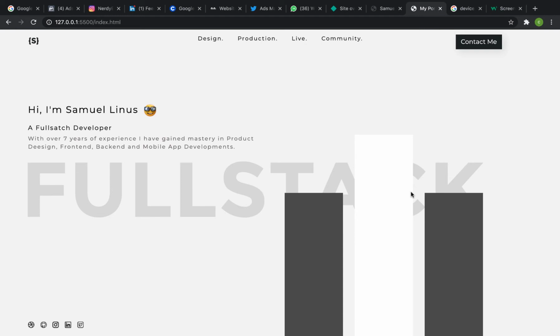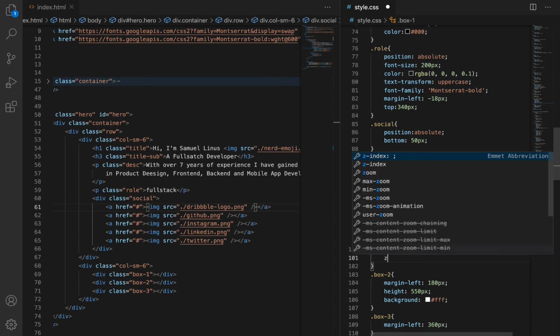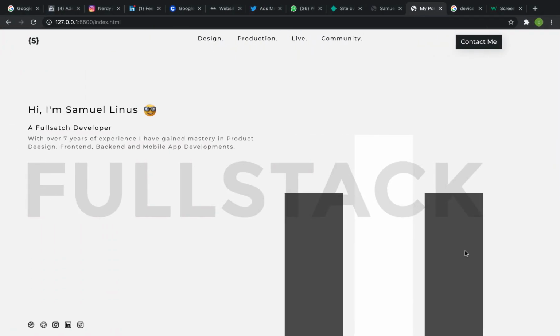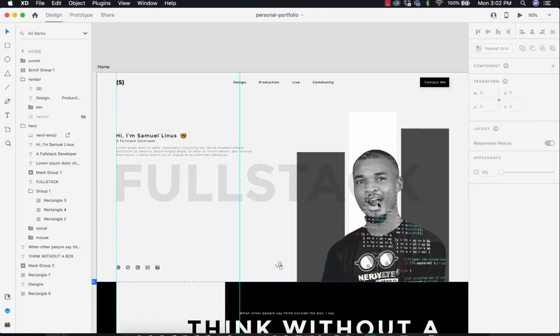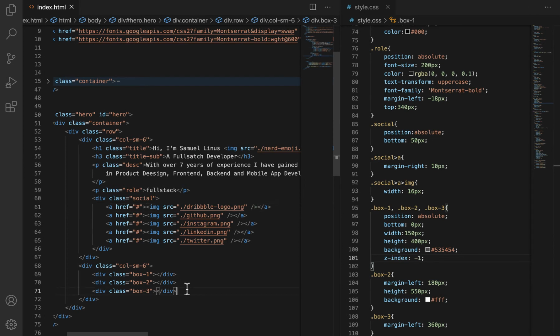But if we take a look at it, it seems as if the full stack is beneath it. So we can actually take these boxes backwards by giving them a z-index. You can even give them a z-index of -1 to take them backward. Alright, then the next thing I would want to do is to add the image, that is this particular image now. So what we are going to do, I'm going to come here after the box. I'm going to add the image, img